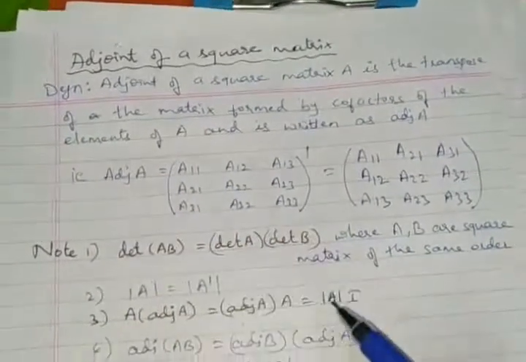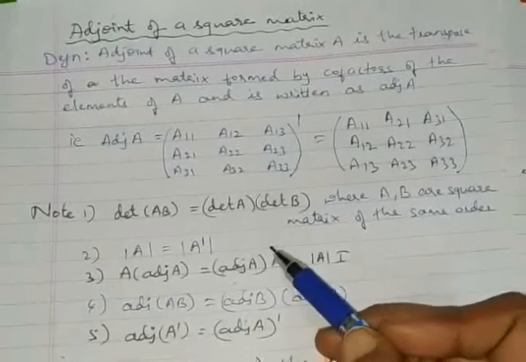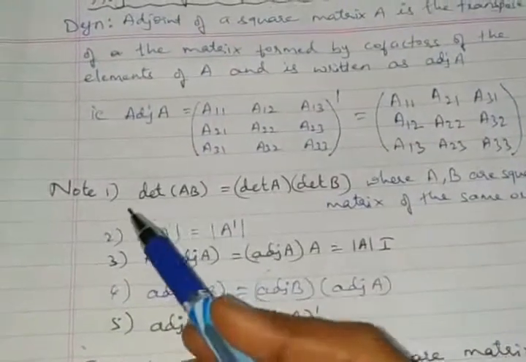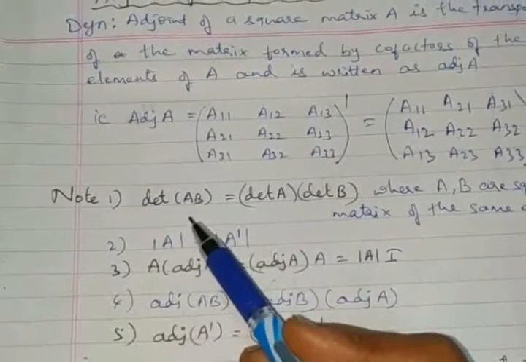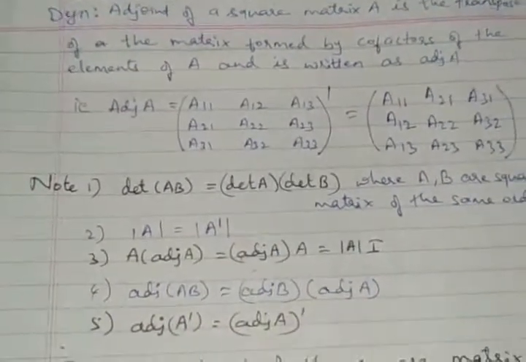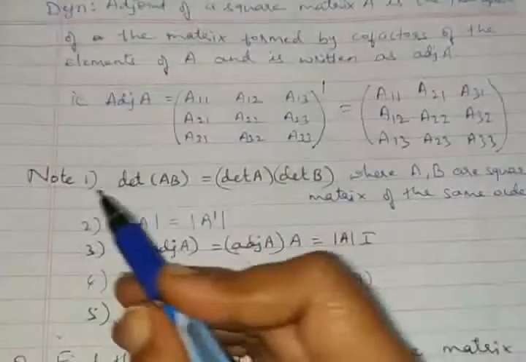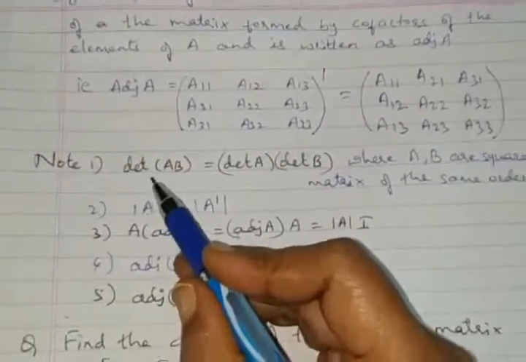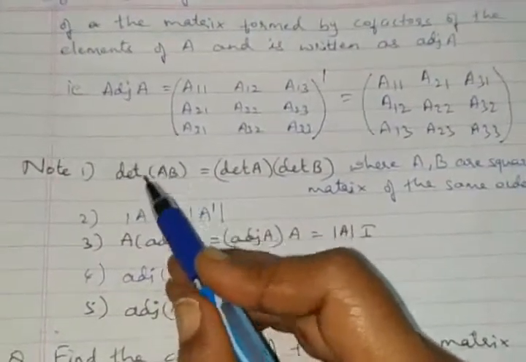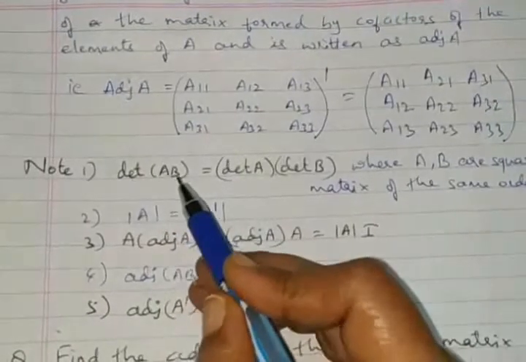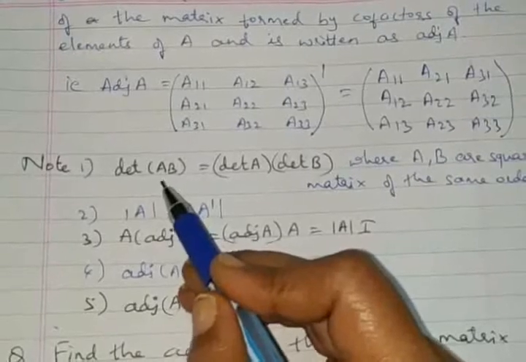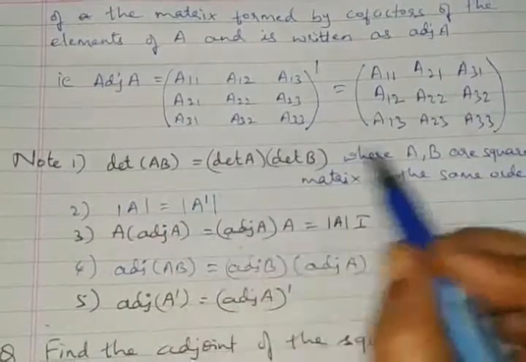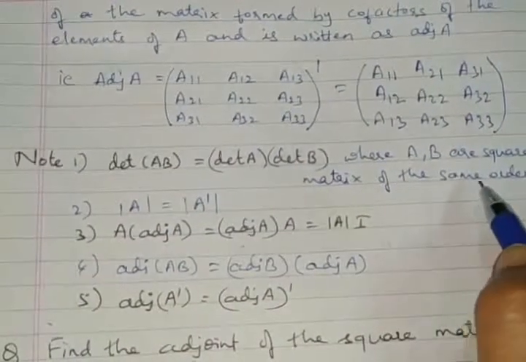Got it? Fine. So a few important properties are to be remembered here. This one would have been discussed in the first video only, when we went for the definition of determinant, but at a stretch I have given you all these notes. The first point to be remembered: whenever we go for the determinant of A into B, two matrices to be multiplied, for multiplication we know very well those two matrices should be of the same order.